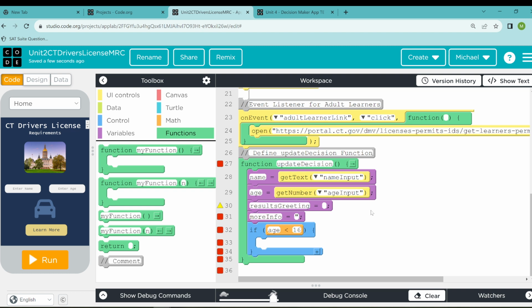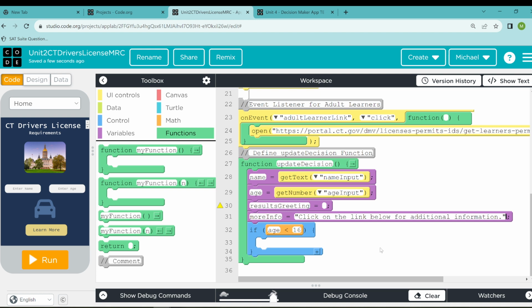And anytime you have a string reference rather than a number reference, you have to put that in quotes. So let's type in click on the link below for additional information. And let's put a period at the end